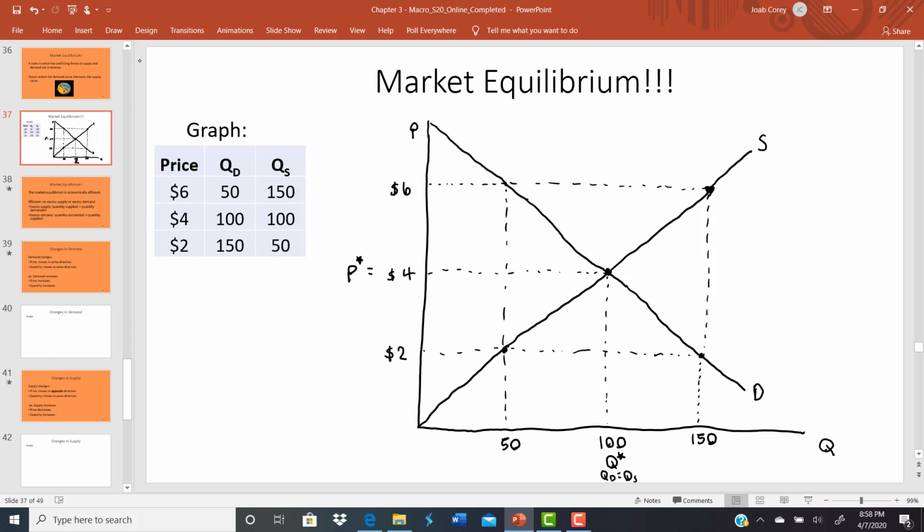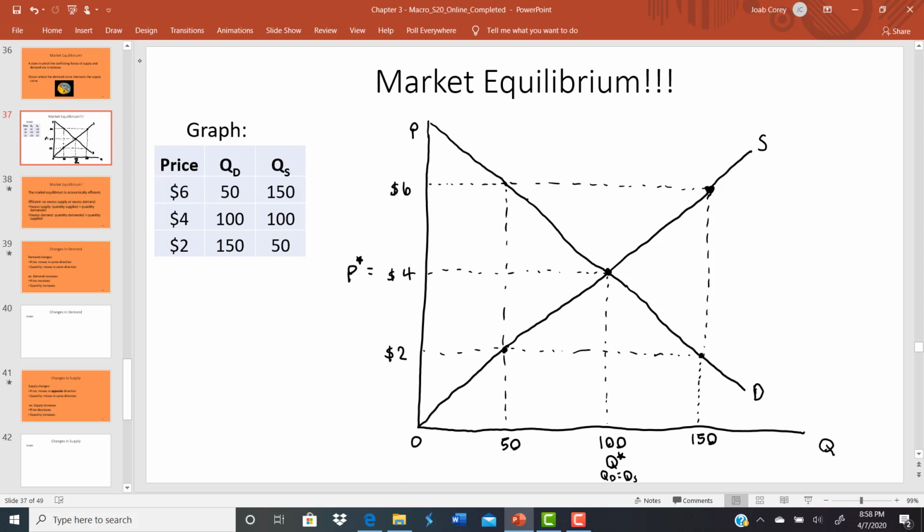Notice that anywhere between 0 here at the beginning all the way up till Q star, the demand curve is higher than the supply curve, right? So demand is higher than supply, meaning that the benefits to the buyer outweigh the cost to the seller. Once we get past Q star, though, the supply curve is higher than the demand curve, which means, again, that the cost to the seller outweighs the benefits to the buyer. Those are transactions that won't happen. So all the transactions that will happen are those transactions up to and including that market equilibrium where the benefits